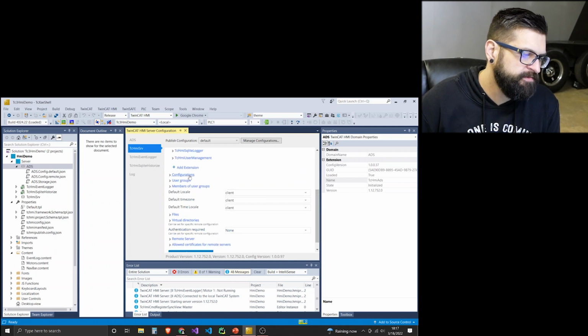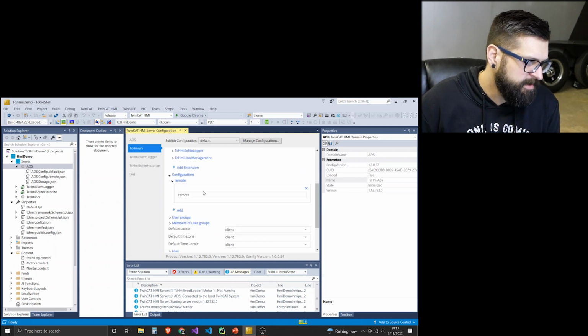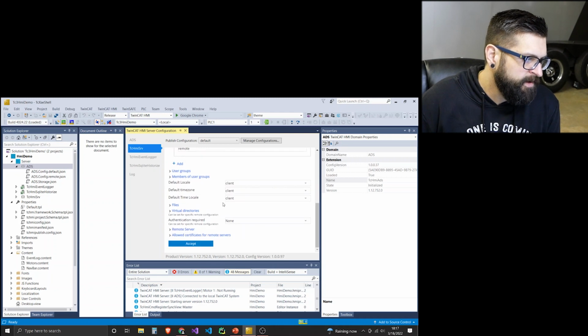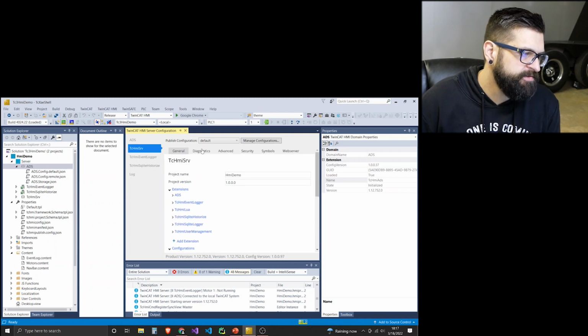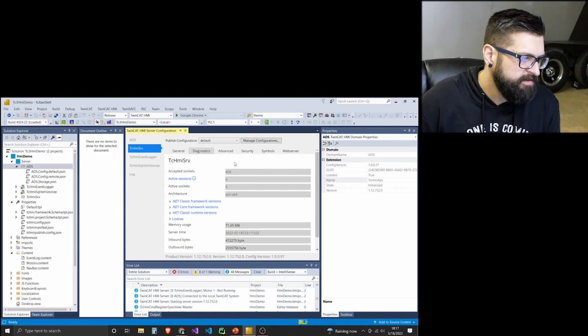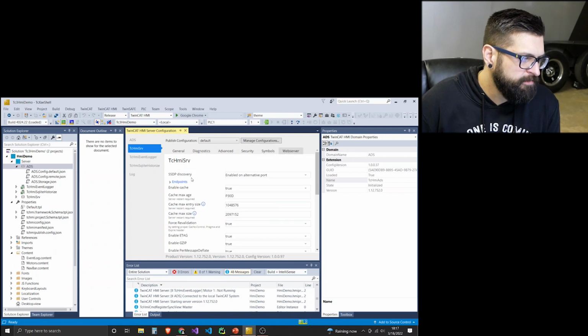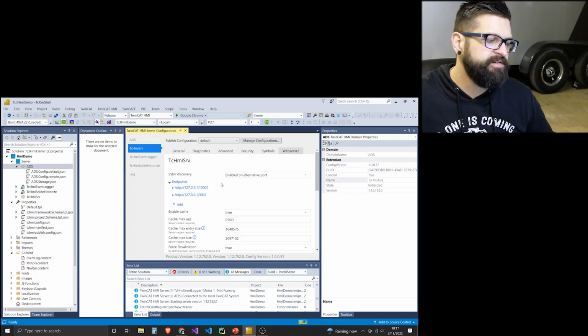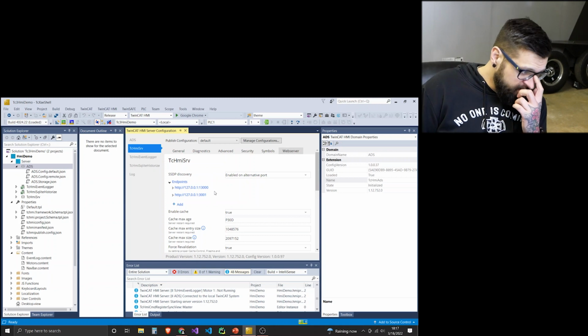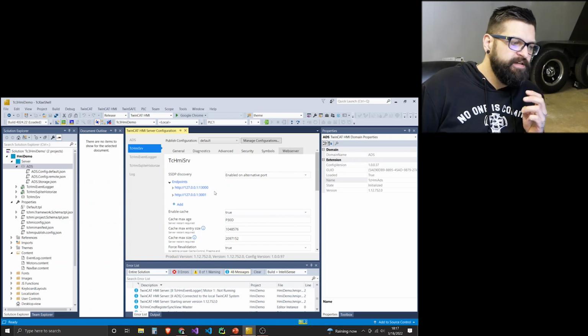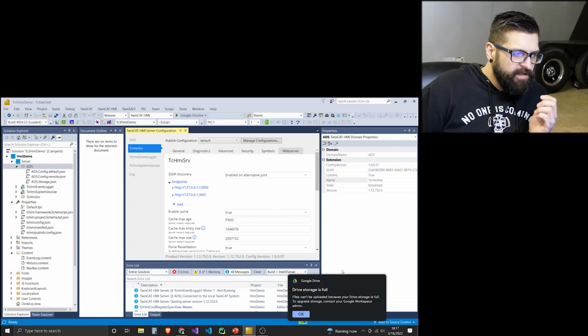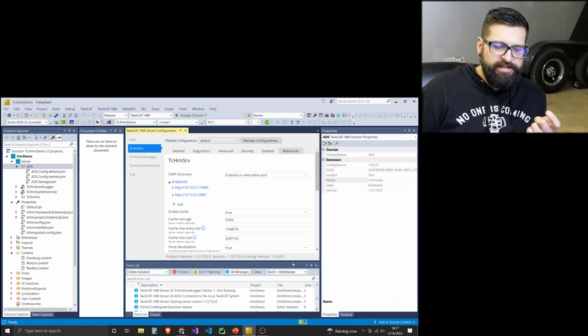Configurations, you've got remote and local. That's kind of a topic for another time. And then as you go through here, there's all sorts of data on here. One of the things that's probably more important to pay attention to is your endpoints. So your endpoints is where you're going to actually publish this information to. So the endpoint is the URL